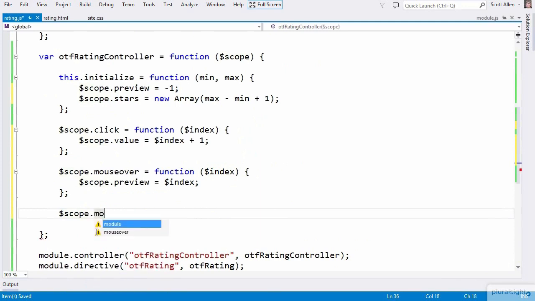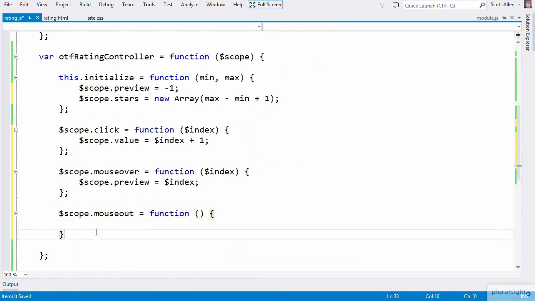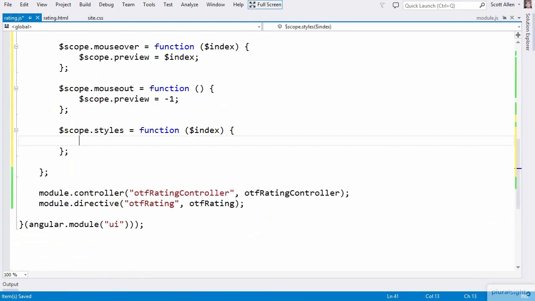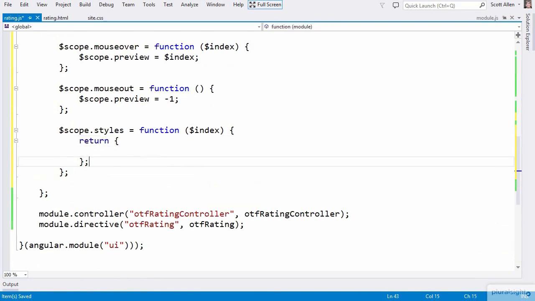And of course, if someone does a mouseout, all I really need to do is when you mouse out of a star, I'll set the preview back to -1. And of course, the user might mouse out of one star and mouse over right into the next star, but this logic should work. The last bit I'm going to need is that piece that computes the styles for a given index. Now, the way the ng-class directive works is that you can basically return an object, a hash, and